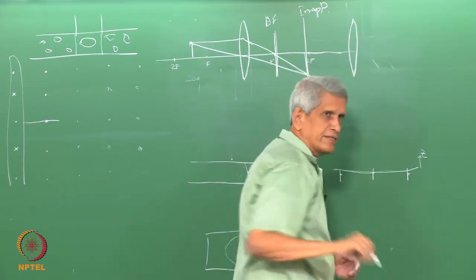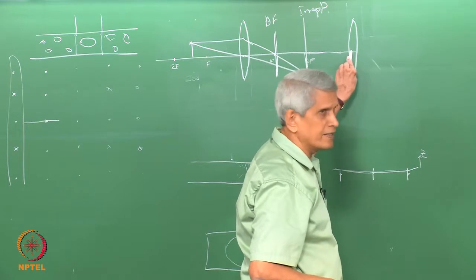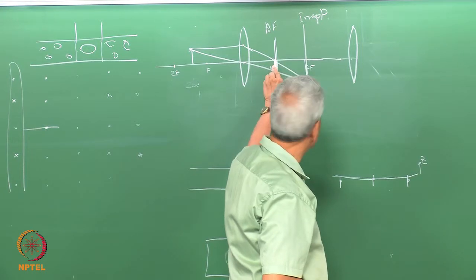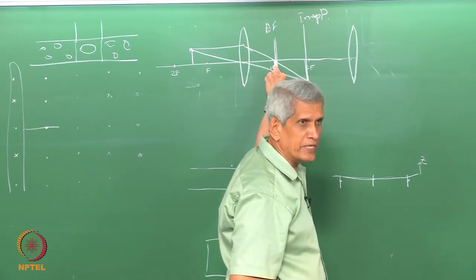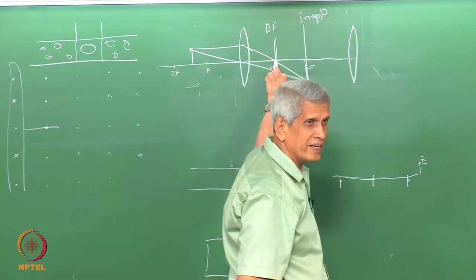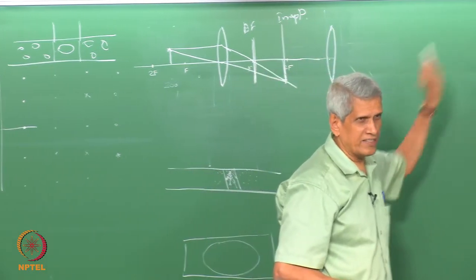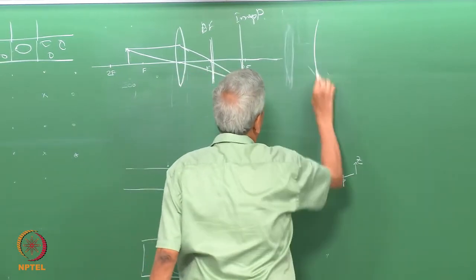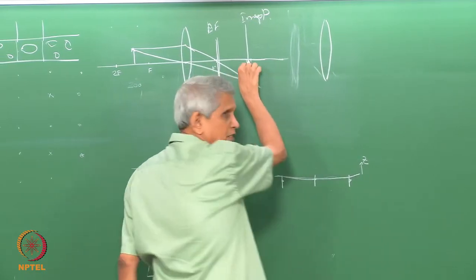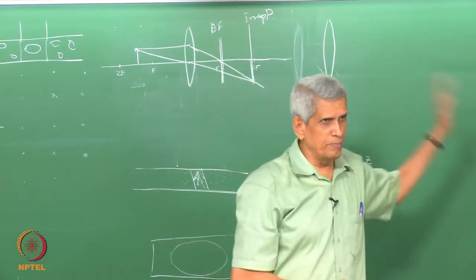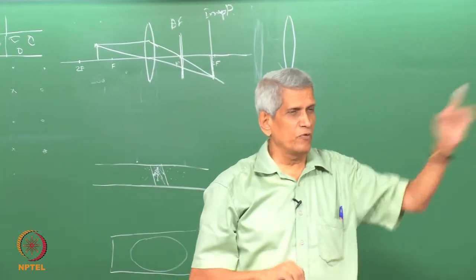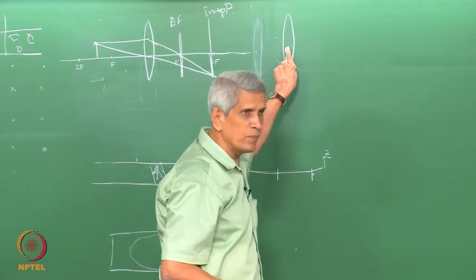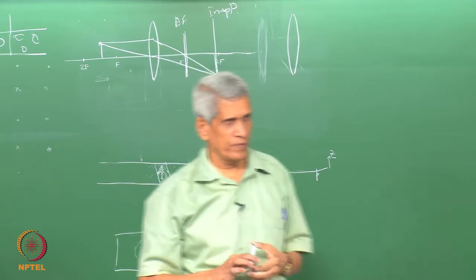Suppose I keep a lens here. For this lens, the distance is adjusted in such a way that this plane becomes the object. Then what will I get? A diffraction pattern on the final screen. Suppose this lens, instead of keeping it here, I keep somewhere else here, so the image is the object. Then what will I get? I will get a magnified view of the image. So, these lenses have to be moved in the case of an optical microscope.